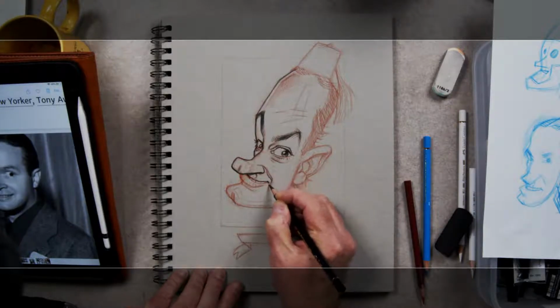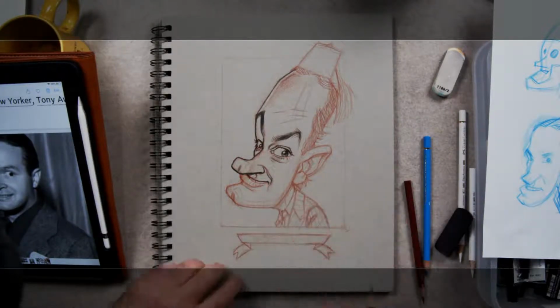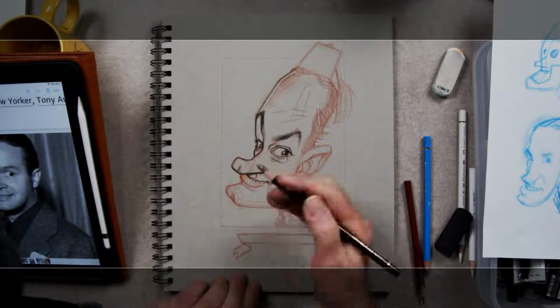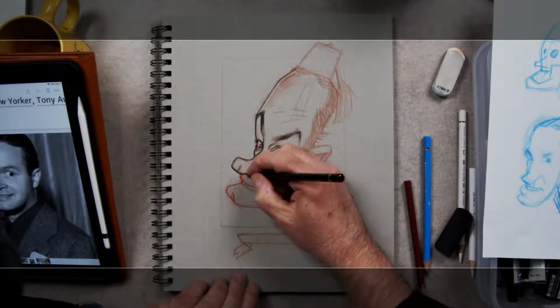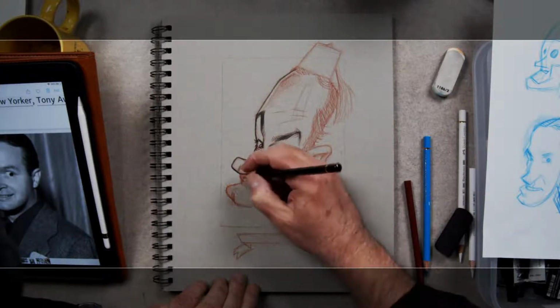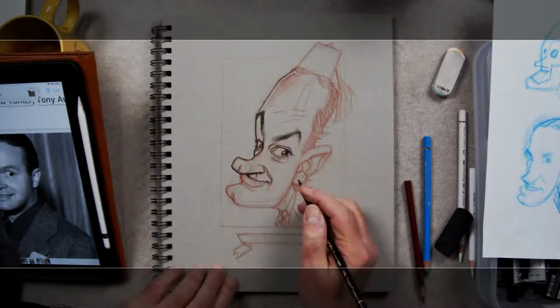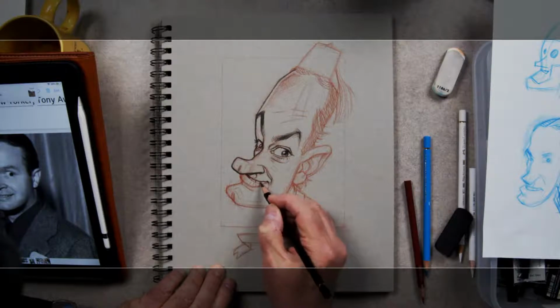Look at the muscles here, the pulley systems. It's arranged around this device here, the lips, the mouth. So he'd be wisecracking from birth almost. He's got a nice face.